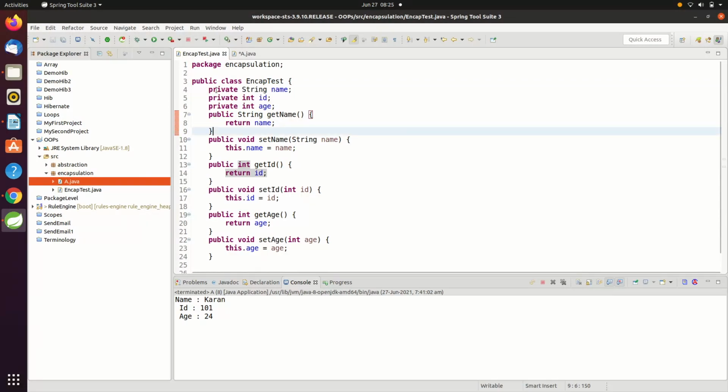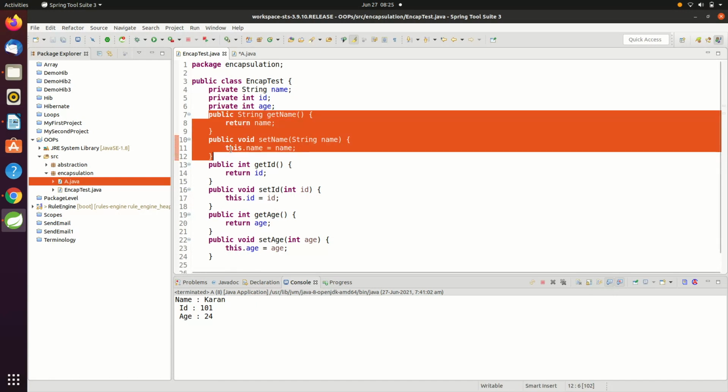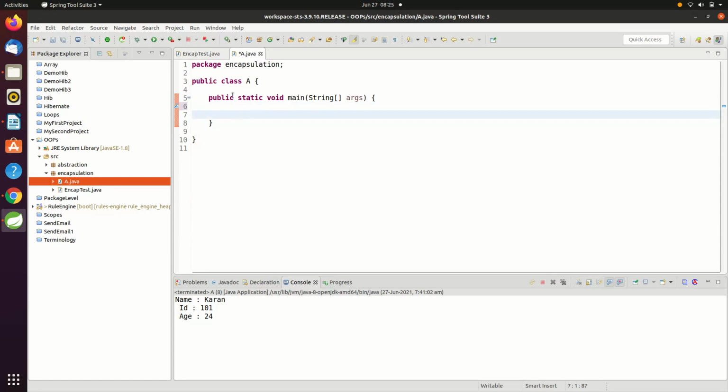You cannot access private variables without these methods. So any class that wants to access the variables should access them through these getter and setter methods. So if you want to access those private variables using class A, you can access them using public getter and setter methods.